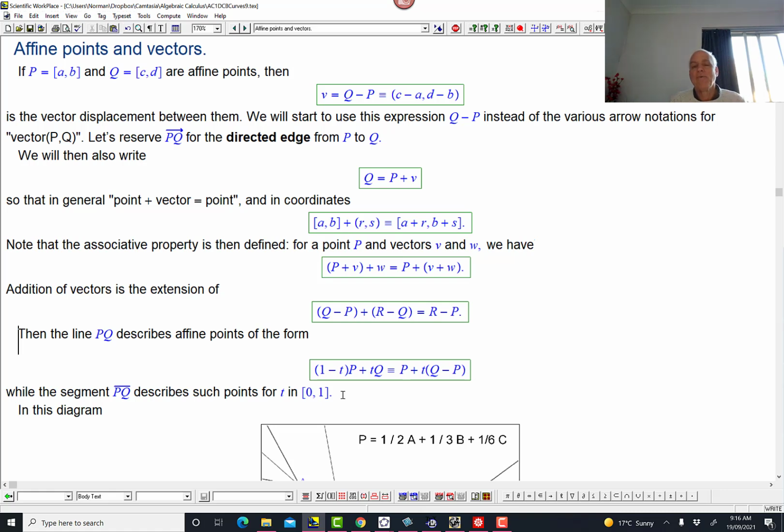Okay, so this gives us a natural orientation to something like this. So let's also introduce notation. So the combination